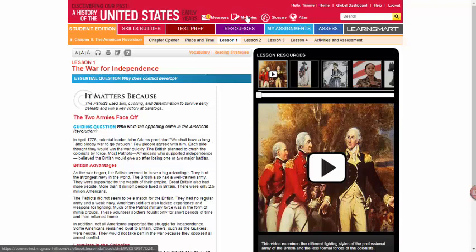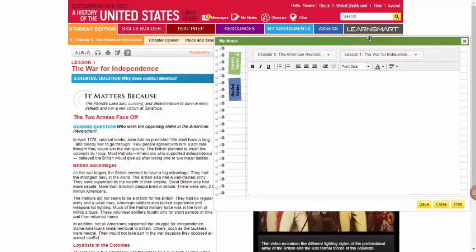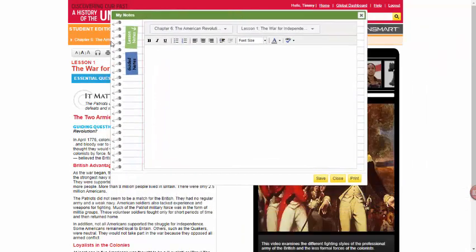My Notes, as I mentioned, are at the top of the page. The students would click on the My Notes and it would come up. They can move this around to adjust and read at the same time. The lesson notes in green provide the students with the ability to take freehand notes based on the content of